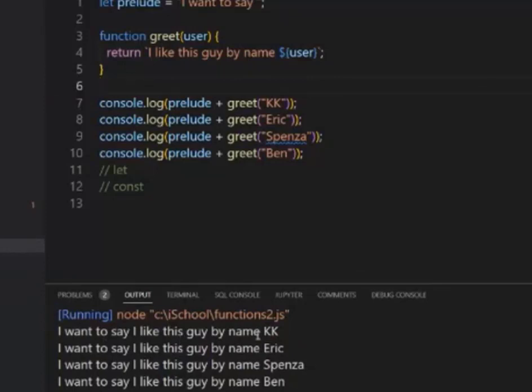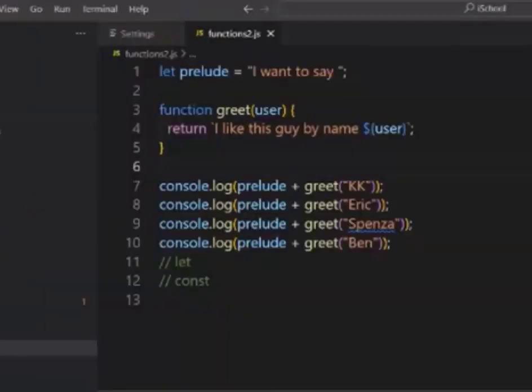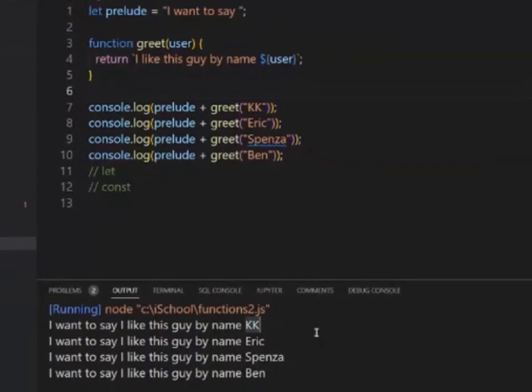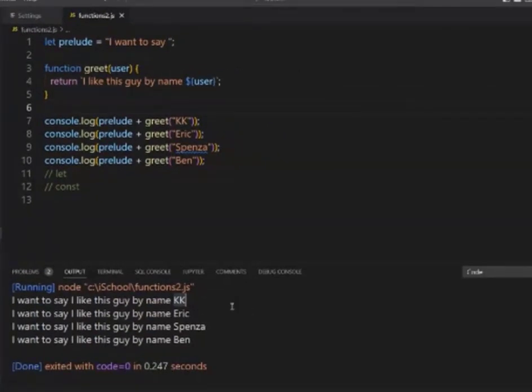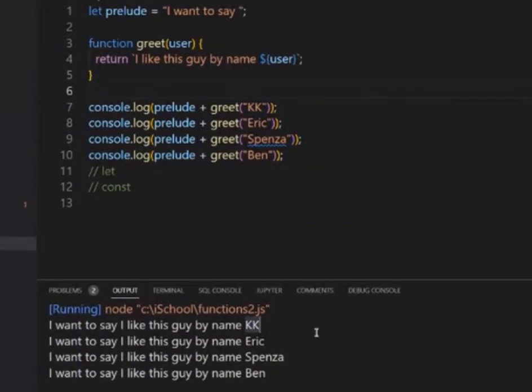So I like this guy by name KK, I like this guy by name Eric, I like this guy by name Spencer. The reason being that we passed different values to it. The parameter is taking just one thing, but we are passing different values to the parameter. So this is basically how functions operate. So right now that we know functions can work this way,